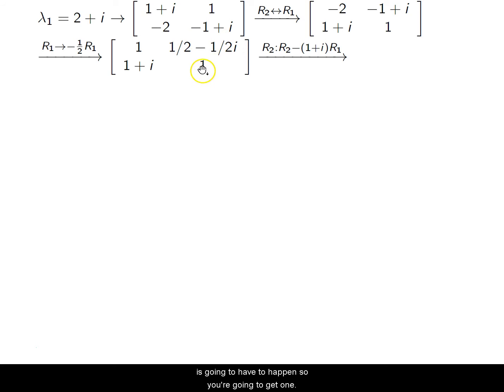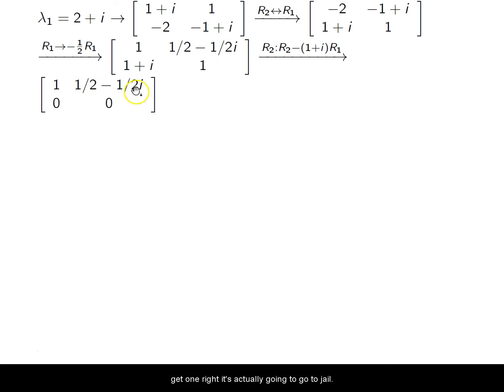This is the math that's going to have to happen. So you're going to get 1 minus this value times this thing. I would say to take -1 minus i in parentheses and multiply it times this, and then subtract that value from 1. Actually, what you end up getting here when you do this is 0. Okay, so you should reduce down to this form. Again,